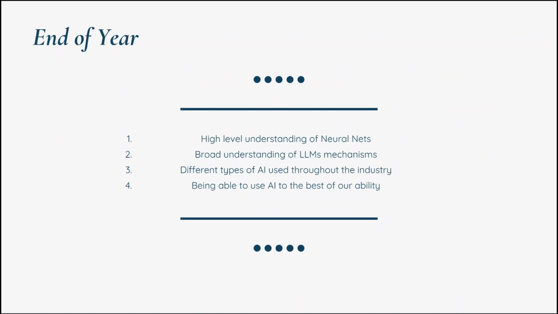So, what are our goals for the end of the semester? A high level understanding of neural nets, being able to comprehend many different aspects such as their hidden layers and the input and output layers, will help us further give ourselves an understanding of how to use AI for ourselves, and also to further educate us when we go into the job market, since AI is going to be a big part of the job market, especially as it gets more and more advanced.